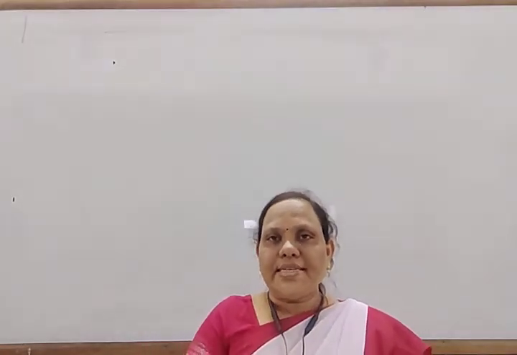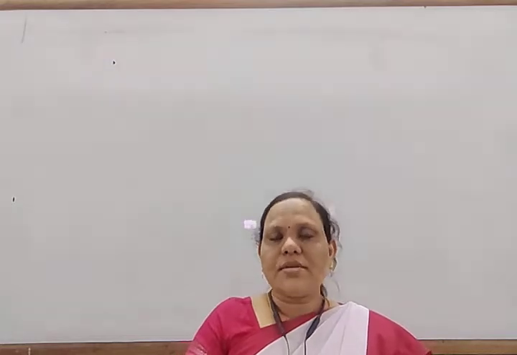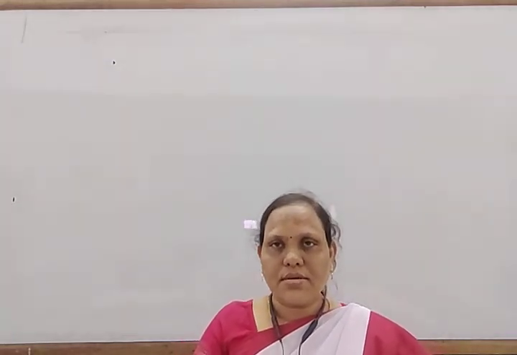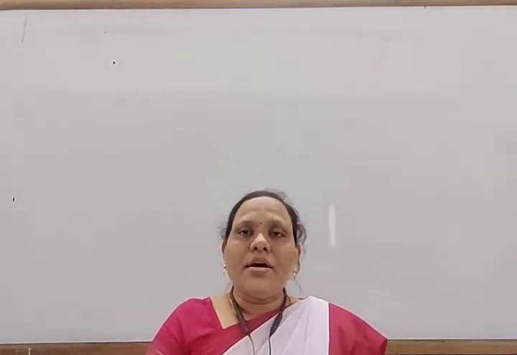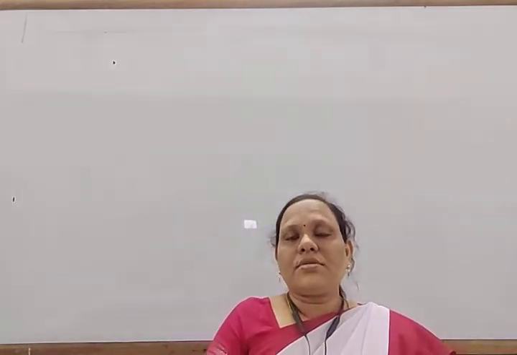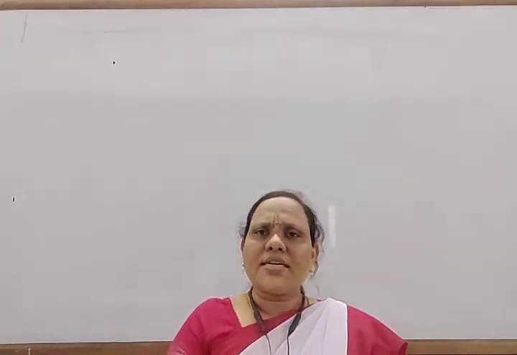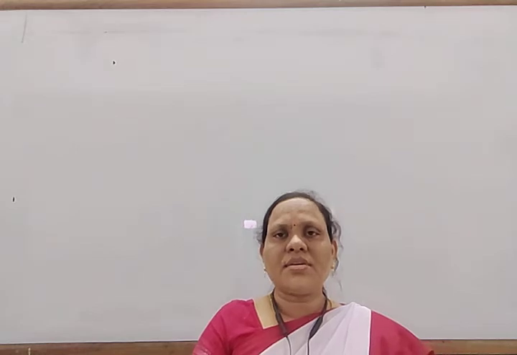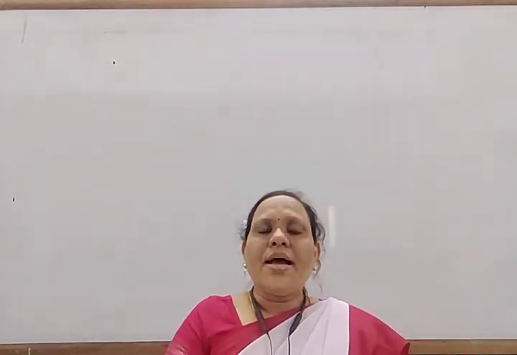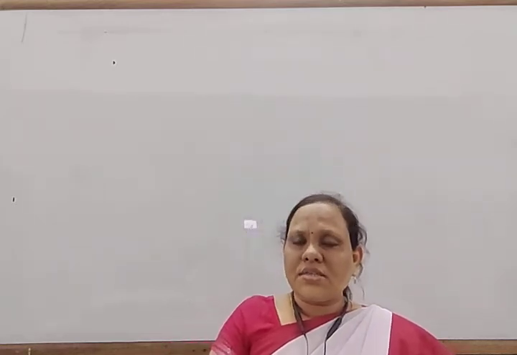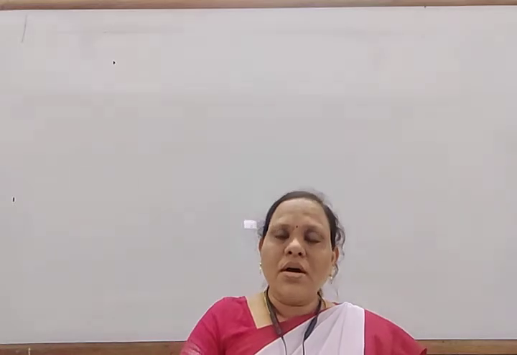Good morning, dear students. Last class we studied oxidation number, how to calculate the oxidation number, and what a redox reaction is, both in terms of the electronic concept and the classical concept. A reaction where oxidation and reduction take place simultaneously is known as a redox reaction. To find out the redox reaction, oxidation number also helps to find out whether a species undergoes oxidation or reduction.